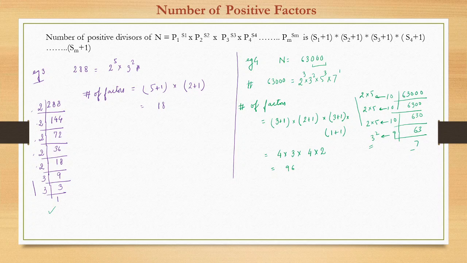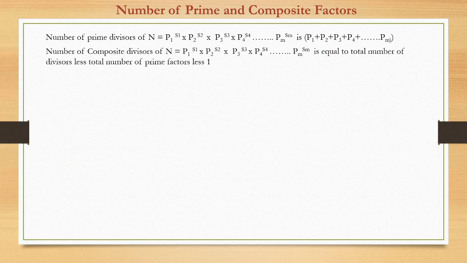So I hope this is fairly simple and quite easy. Now we see the number of prime and composite factors. So far we have seen the total number of factors. First I explain through an example, let's take the same example. We had taken, I think, 72. So 72, now we can easily write 2 raised to power 3 into 3 raised to power 2 in the prime. We can prime factorize 72 this way.